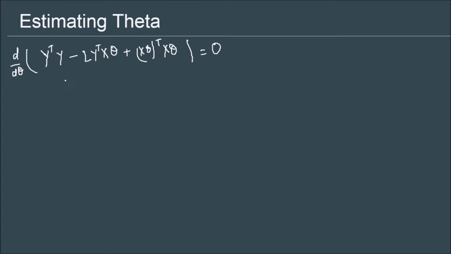Alright, so let's try to compute the derivative with respect to theta for this equation. Now, this term does not contain any theta, so with respect to theta, this is a constant and I can set it to 0. Minus, this contains a theta. So the ddx of any quantity p multiplied by x will be nothing but p, that quantity. Alright, so going by that understanding, we will rewrite this as